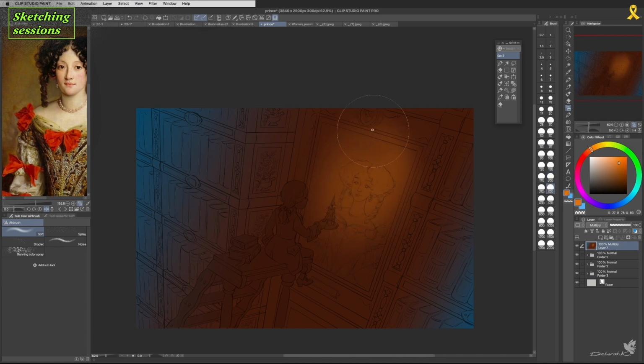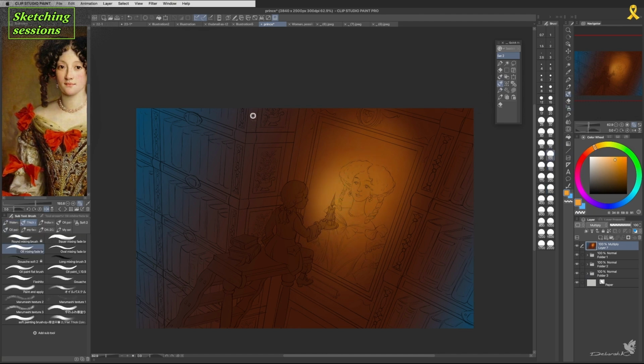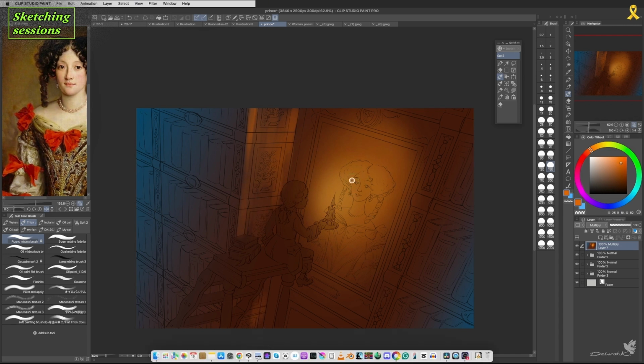And I add here the main spots of what I would like to emphasize in my illustration. Of course, the focal point is the prince and the portrait, and I can emphasize it quite easily with light, because I also placed a candle here. So we can see I place the main spots of different colors. I think I made some research, and of course I just want to add brownish colors